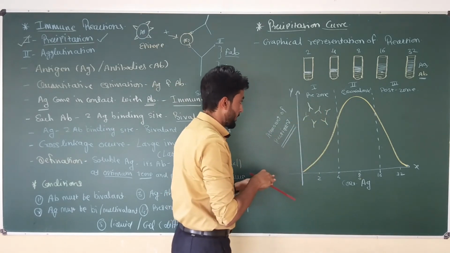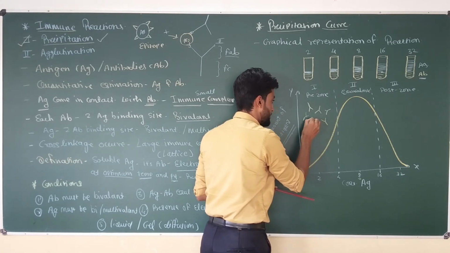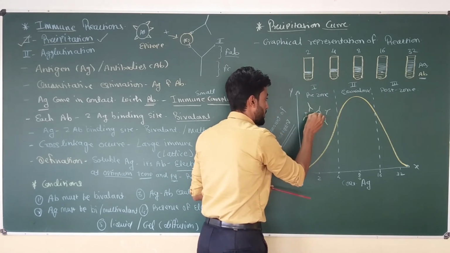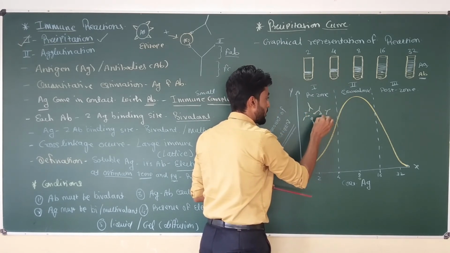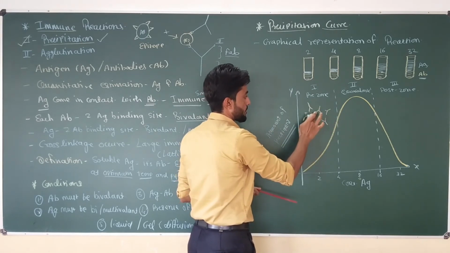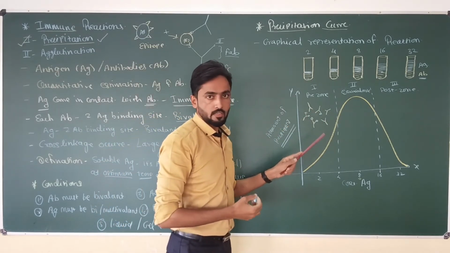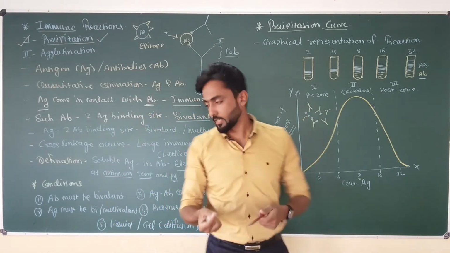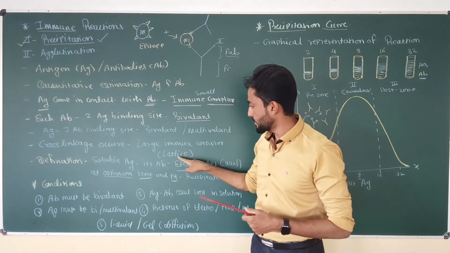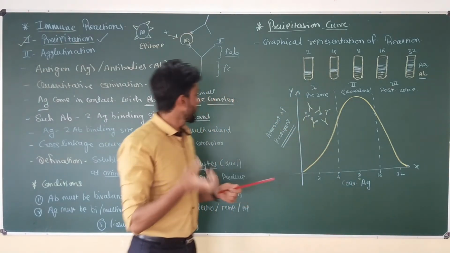Only a few antibodies can get attached to the antigen. So this is the antigen. Very little cross-linking occurs, and due to the free antibodies, no lattice formation occurs. Lattice formation is an important step in the precipitation reaction. The complex remains very small